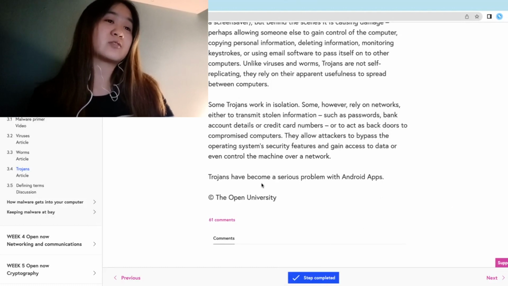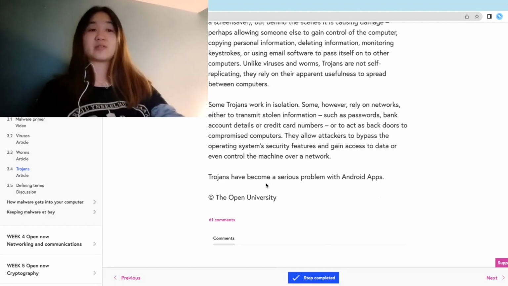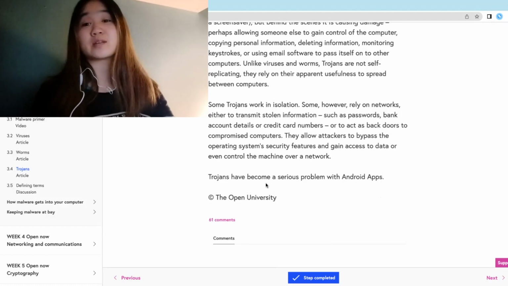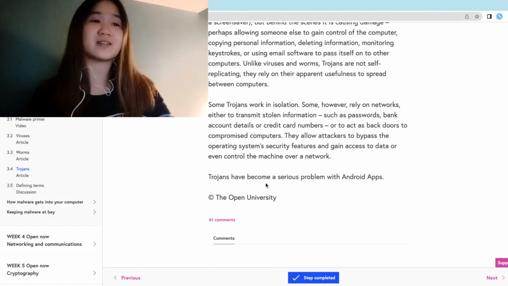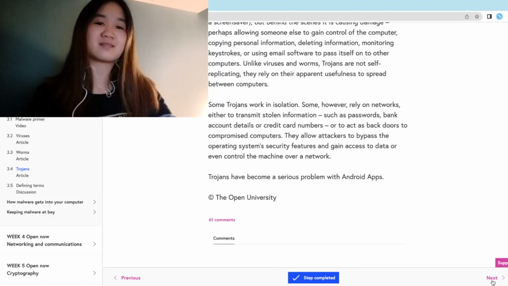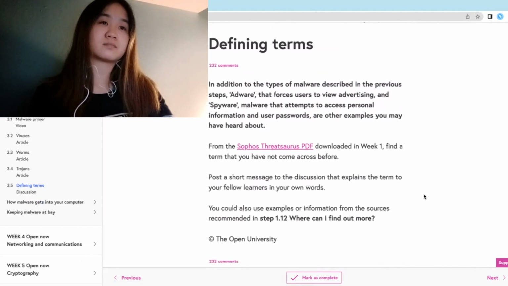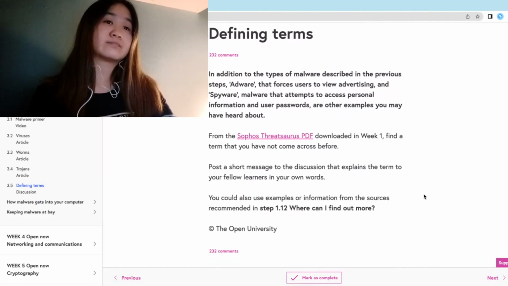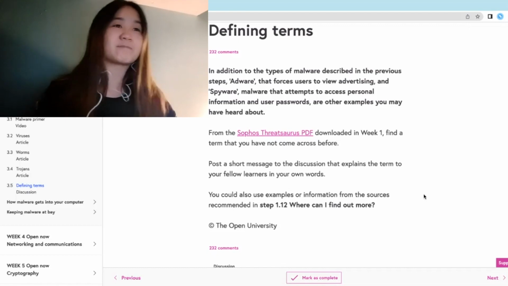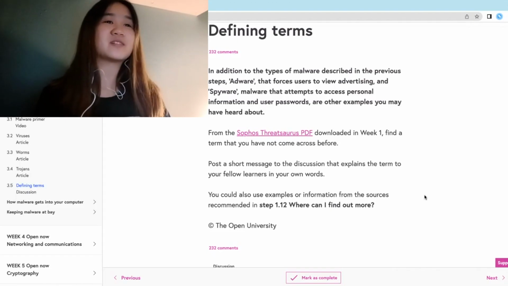I didn't know that Trojans have become a serious problem with Android apps. I thought it was a computer thing rather than a phone thing. Ah yes, adware. Had one of those before.